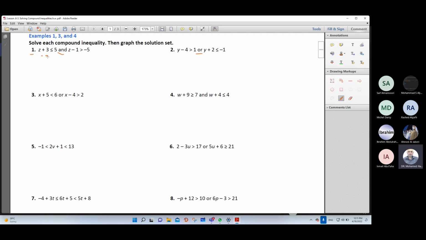So you can add minus 3 here and minus 3 here. Plus 3 and minus 3 will be 0. It means here z less than or equal to 5 minus 3, which is 2. And